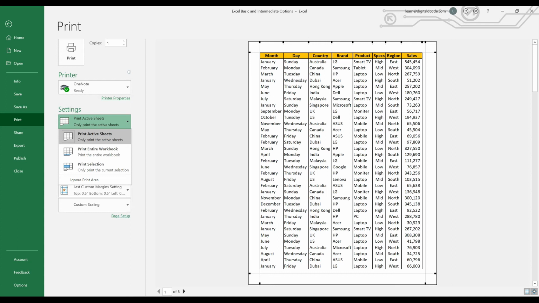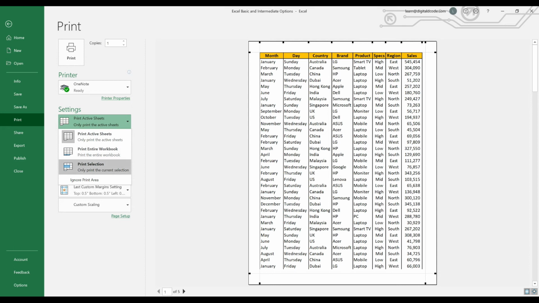take print only for the active sheet. You have 10 sheets, so you want to take a printout for the active sheet, whatever data is there in the active sheet, so you can use this. If you want to take print for the entire workbook, you have 10 worksheets, just a click of this button and you will get a printing document for all the data available in all the sheets.